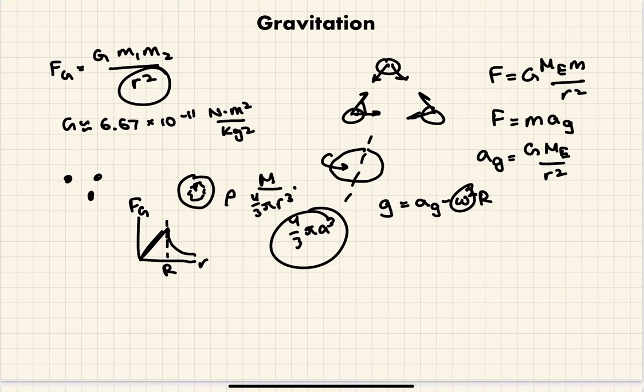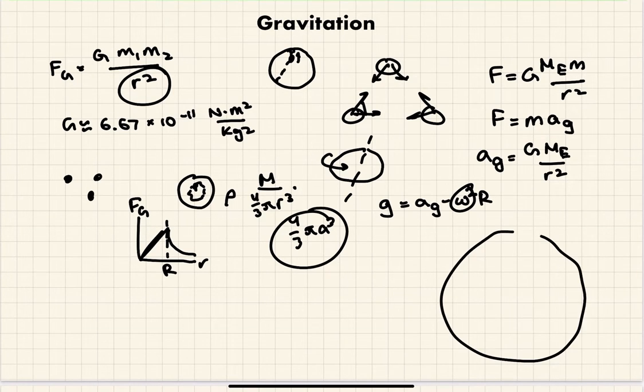Now, what about a spherical shell? This is a hollow spherical shell, no mass inside. And so what happens is, when you're outside, it's still the same exact Newton's law of universal gravitation. What happens if you're inside? Now there's literally no mass underneath you. So there is no gravitational force. You might be thinking, well, what about this? You're very close to this side, but you're not as close to the other side. So shouldn't you be feeling a force this way? Well, if you zoom in a little bit,